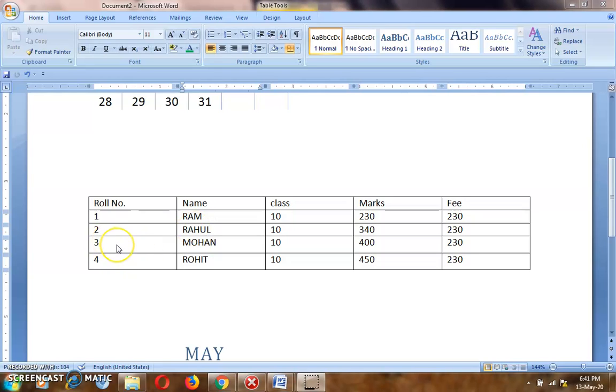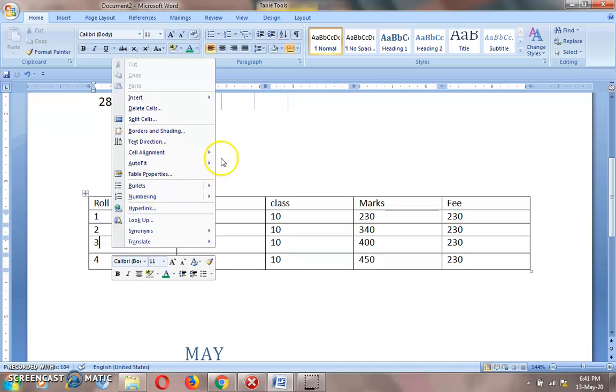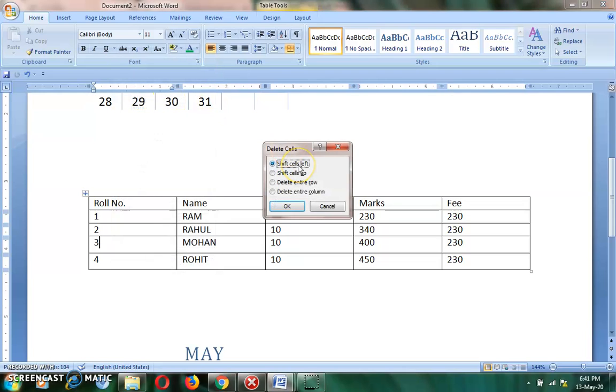Suppose I want to delete the row where the roll number is 3, then select, click here, right click, delete cell, and from delete cell there are 4 options available: shift cells left, shift cells up, delete entire row, delete entire column.